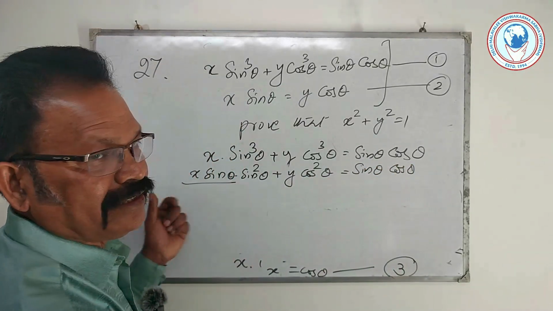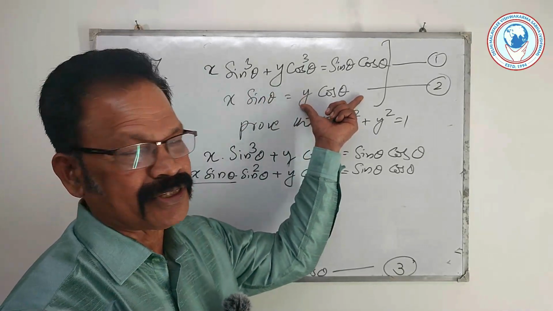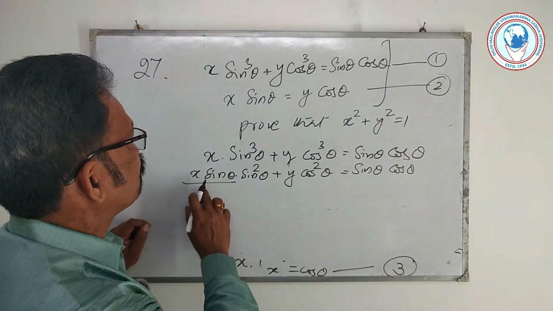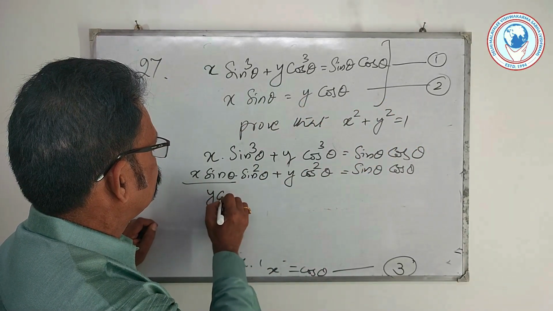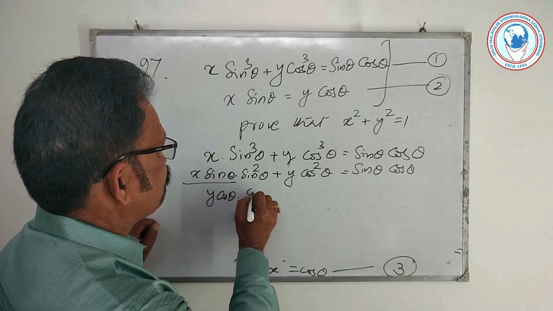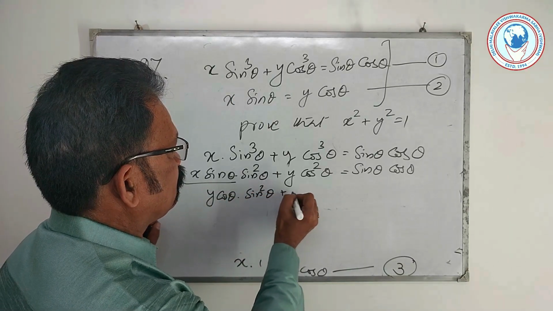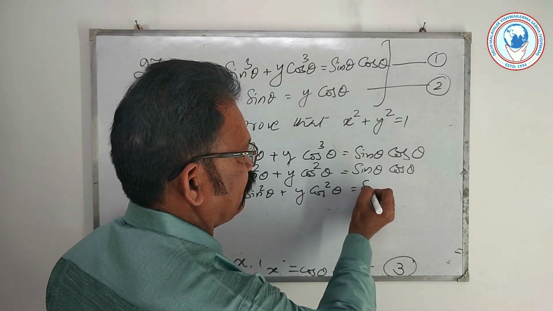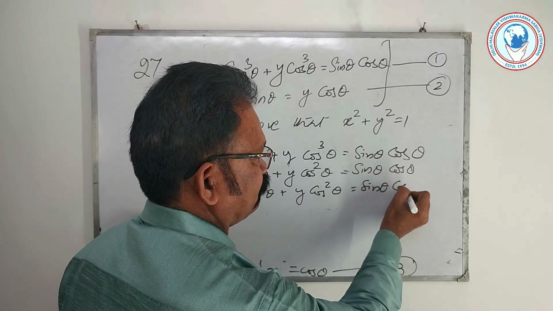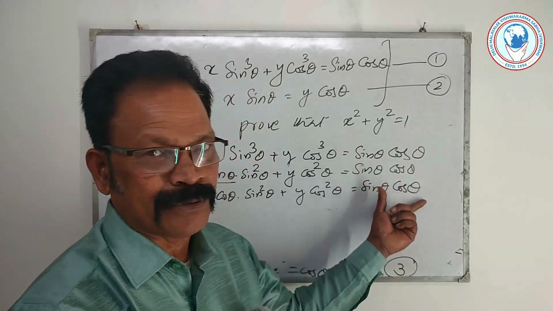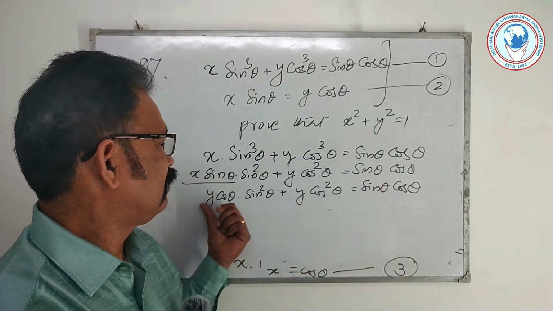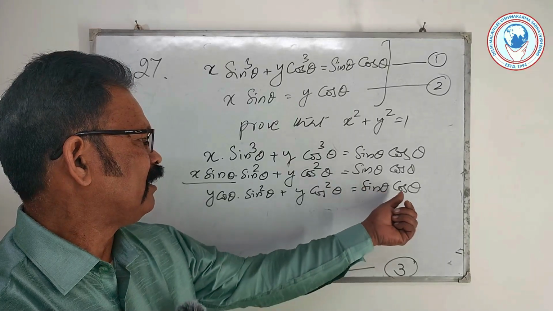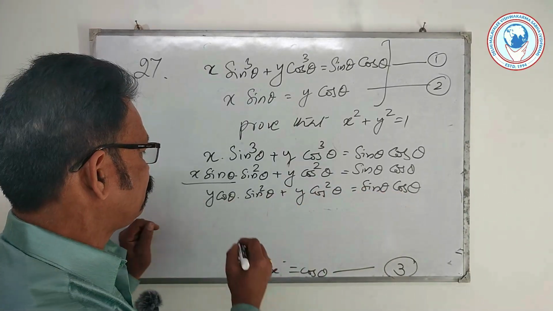Here we change x sin theta as y cos theta by equation 2. So this becomes y cos theta into sin square theta plus y cos square theta equal to sin theta cos theta. Again, cos theta is a common factor of all the terms. Dividing throughout by cos theta, we get